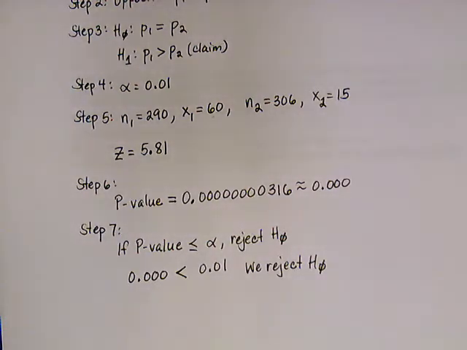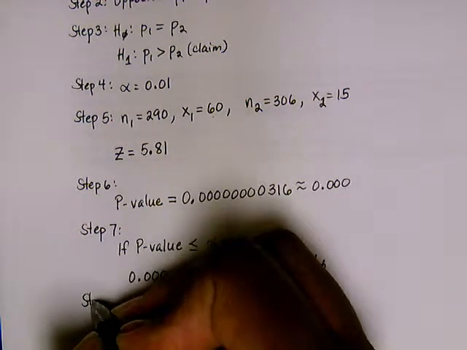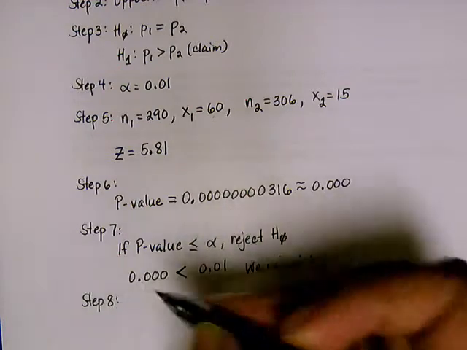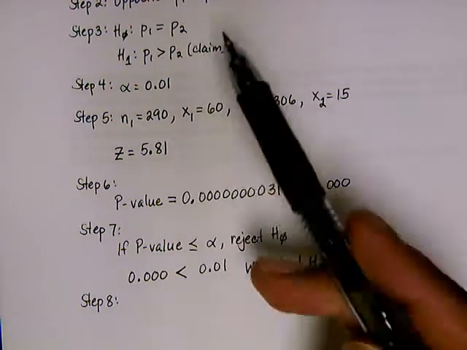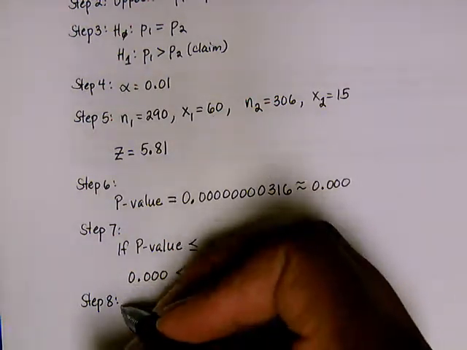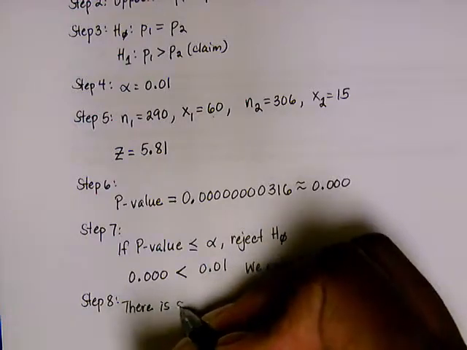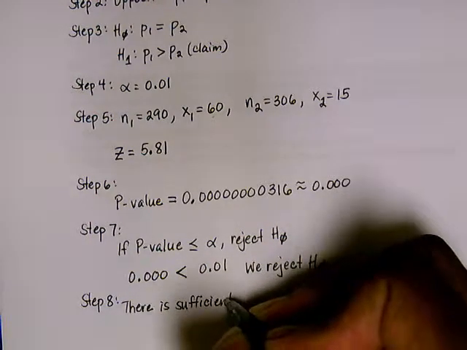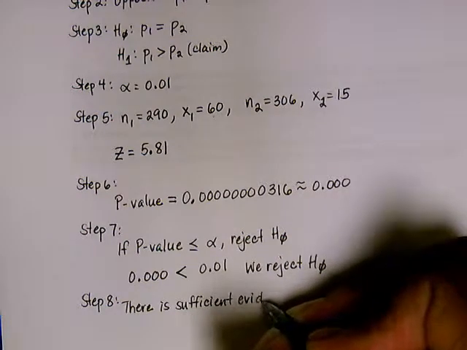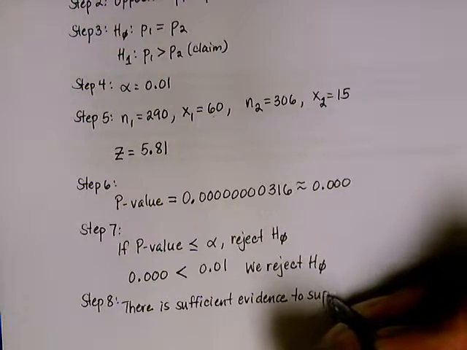And then step number 8 is writing our decision rule. I mean, not the decision rule, the conclusion statement. We rejected the null. The claim was the alternative. So that means that there is sufficient evidence to support the claim. So we start by saying that there is sufficient evidence to support the claim